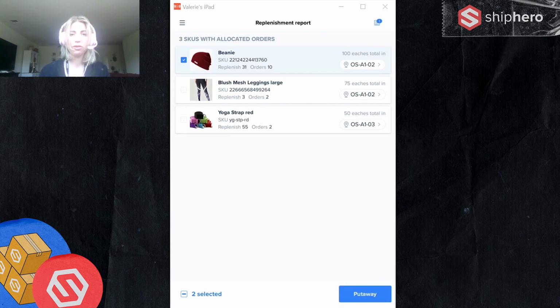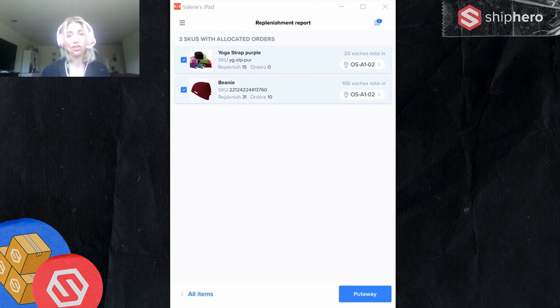And that's the replenishment mobile flow. Pretty straightforward, easy to use, and hopefully more efficient than a paper and pen method. And everything is tracked. Everything is logged. All of these movements will be in your inventory change logs. Everything is there. So you'll know where your inventory is at all times, which is very assuring. That's super useful. You know where things are, yeah.